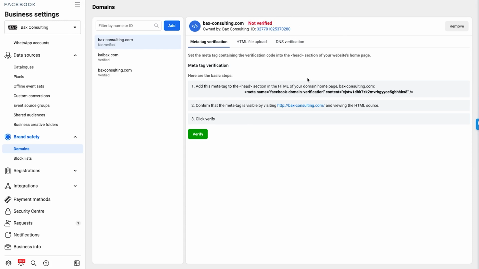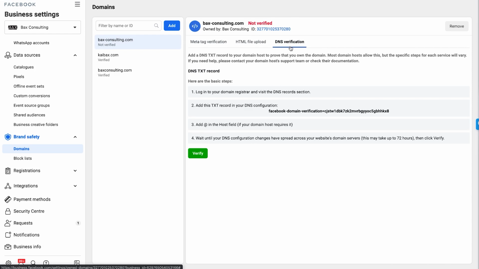So what you want to do is, well, what I did, and this is what worked best for me, this is what I do for all clients, this is what I've done for both of my current domains, is I've gone into the DNS verification. It sounds confusing. Please don't worry, it's really not that confusing, right? So you want to go into DNS verification. You want to then copy this TXT record that they've given you here, right? Copy that to the clipboard, okay?